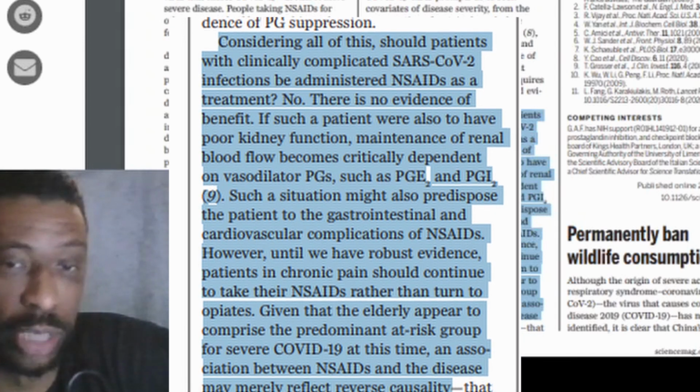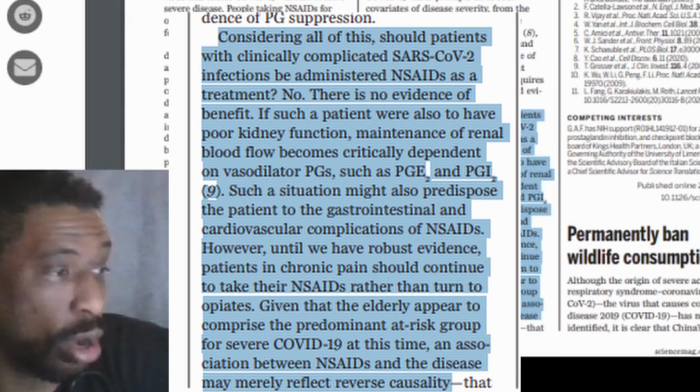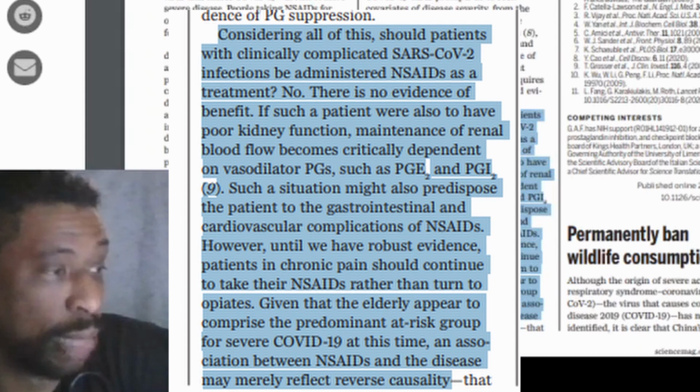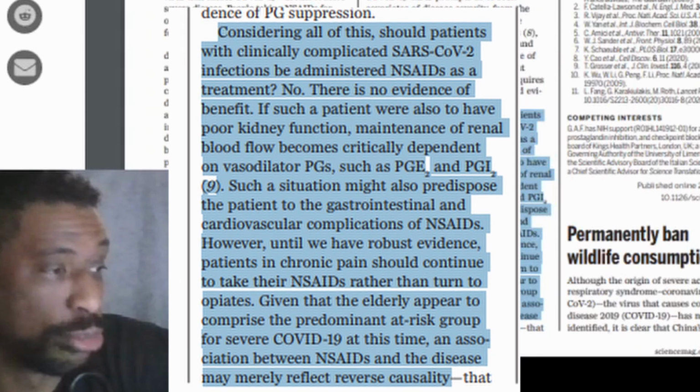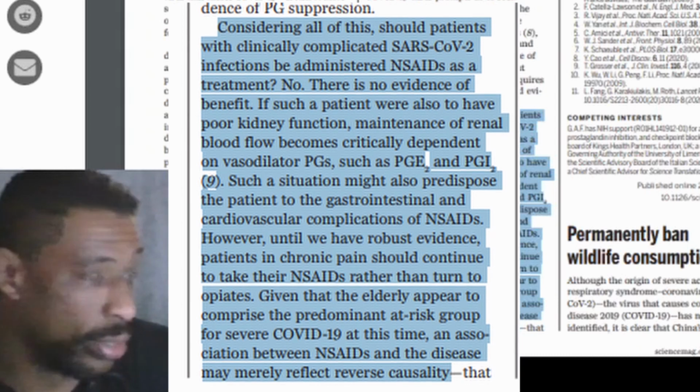And the response is no. There is no evidence of benefit. If such a patient were also to have poor kidney function, maintenance of renal blood flow becomes critically dependent on vasodilators. They go on to state further,